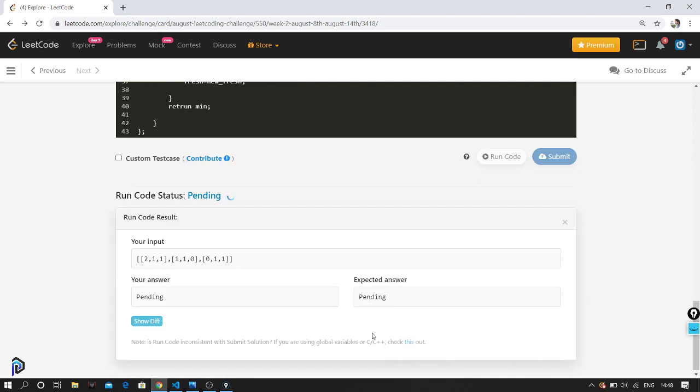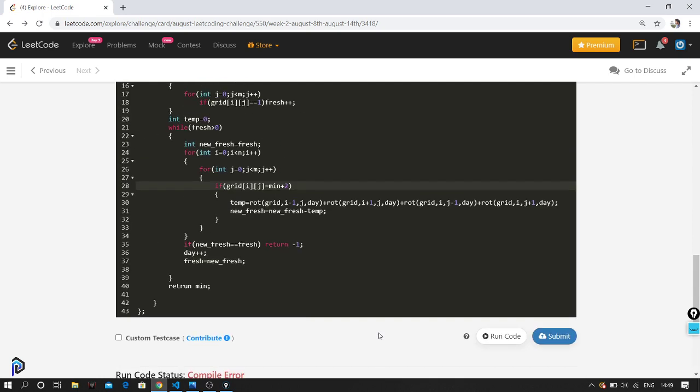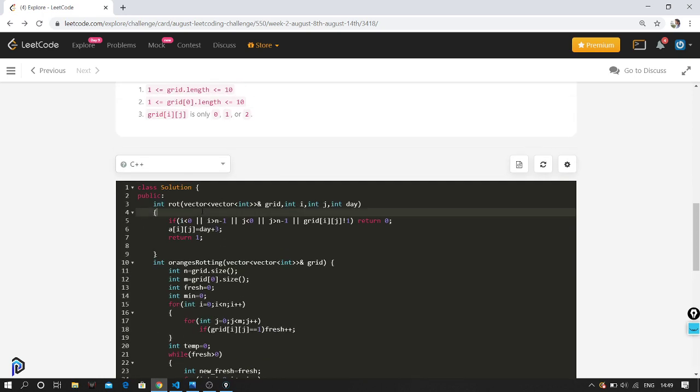So instead of grid, I used the variable name here. I can create the size. So n is grid dot size minus one. What is this? This should be grid of 0 dot size minus 1.